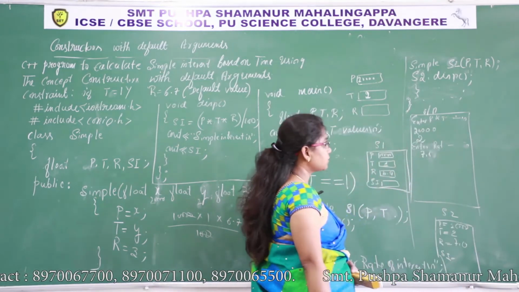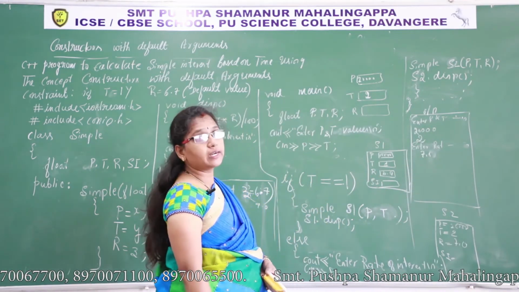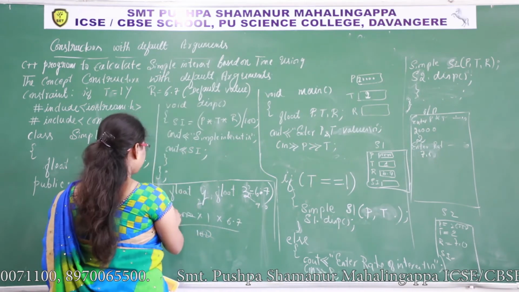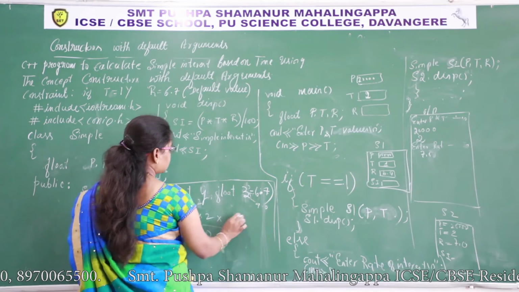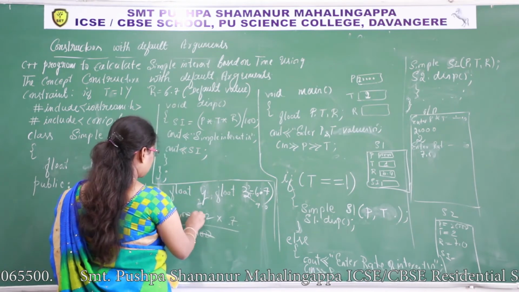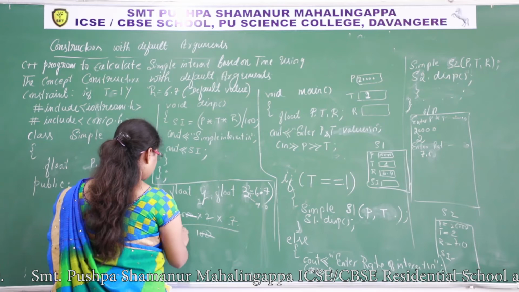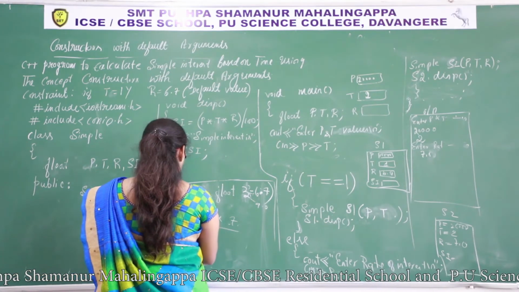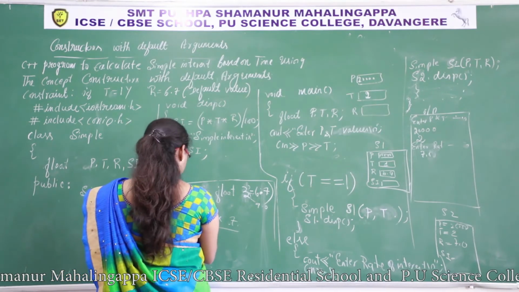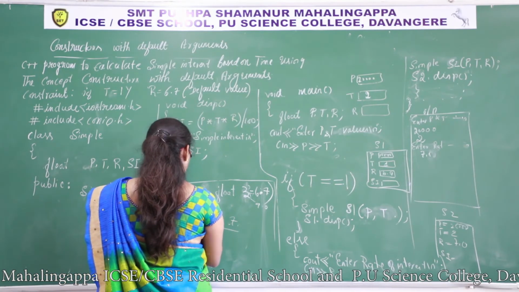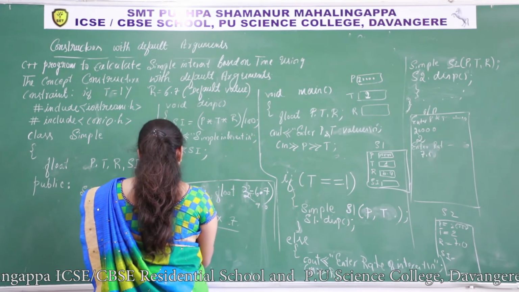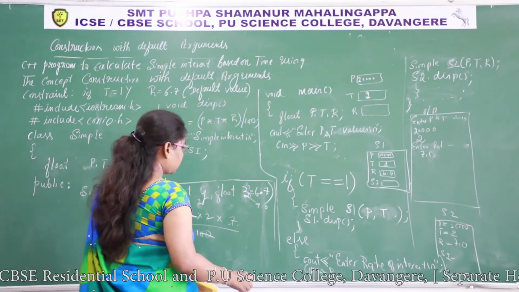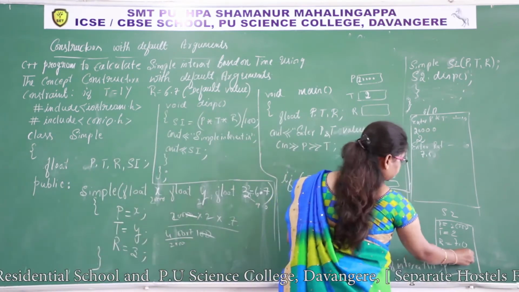Now it has to calculate simple interest. After that s2 dot disp is there, so the display function will execute p t r by 100. p value 20,000, t value 2 years and r is 7. Cancel the zeros, 2 2s are 4, into 7, which gives 2,800, and it will be stored here.